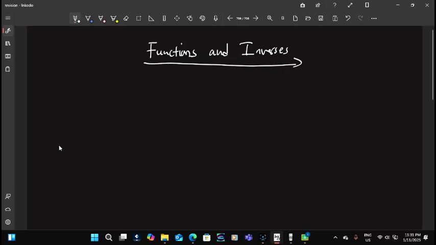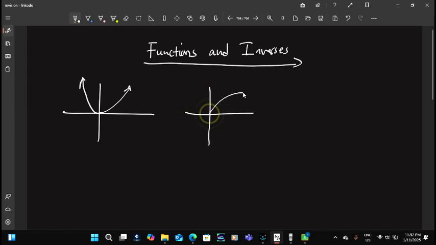So let's dive into functions and their inverses. Remember, we've spoken about what is a function and what is not a function. If I have a graph, it's possible that it won't be a function. So here, if I have a graph like this and a graph like this,